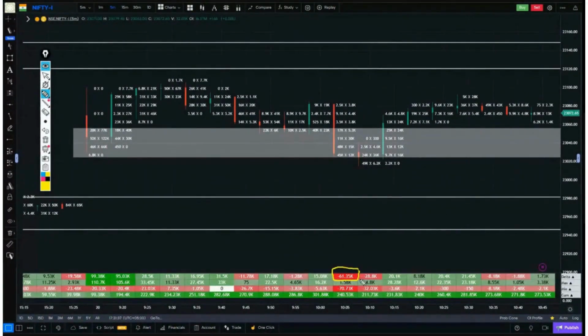But what happened here was we saw a selling attempt, a good selling attempt, around 60K delta. And which is the selling zone? The same where the buying zone was. The selling zone showed negative delta. This candle had good selling. How much? 48K selling. 45K selling happened. Good selling happened. In the next candle too, there was good selling. And the selling zone was 49K selling.